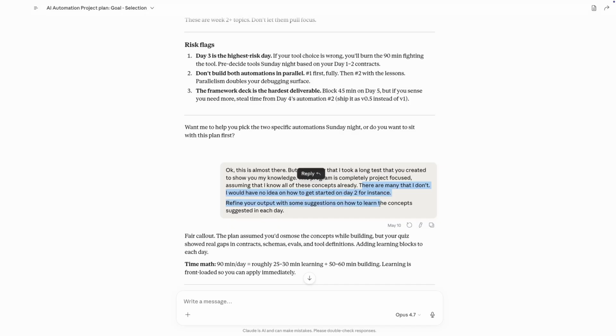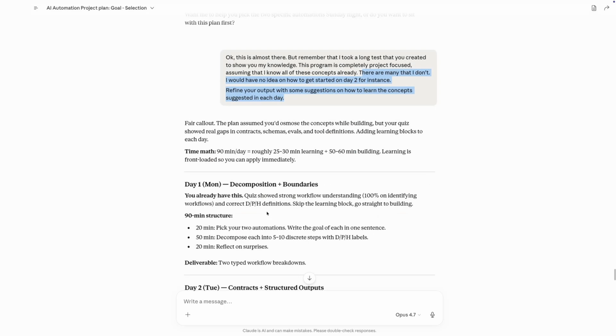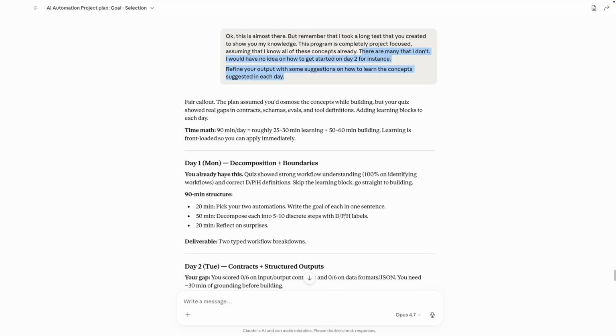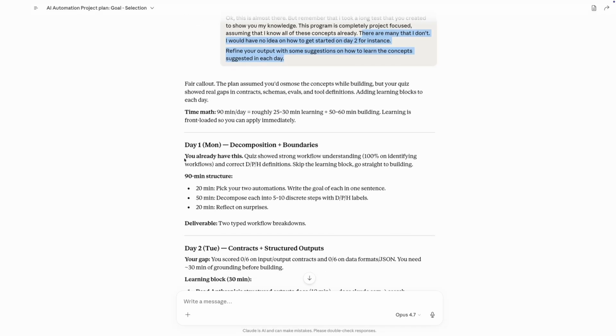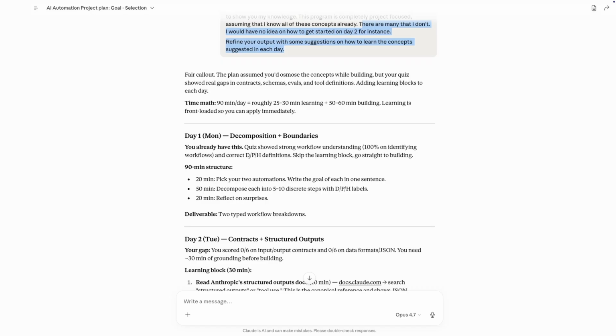There are many that I don't. I would have no idea where to get started on day 2, for instance, which I think was webhooks and that kind of stuff. So refine your output with some suggestions on how to learn these concepts suggested in each day. I put that in and it spit out a plan for me,